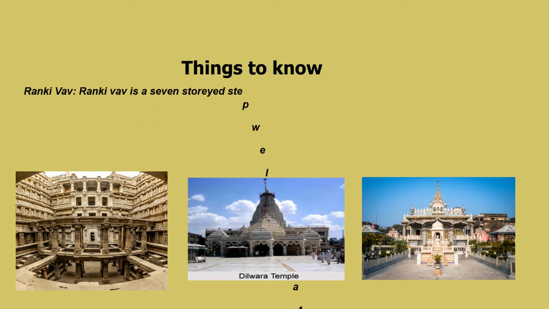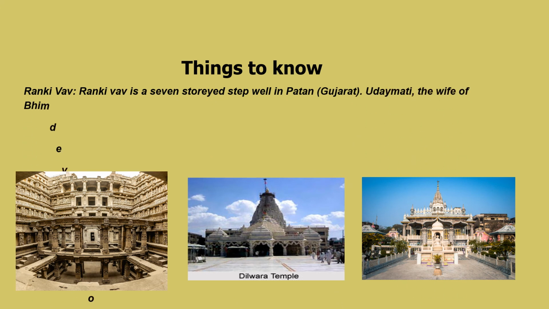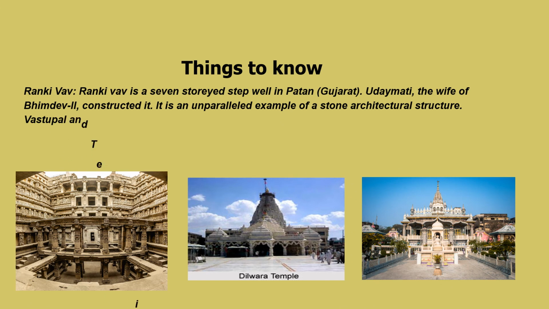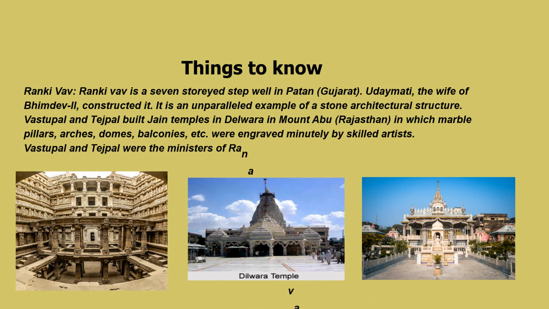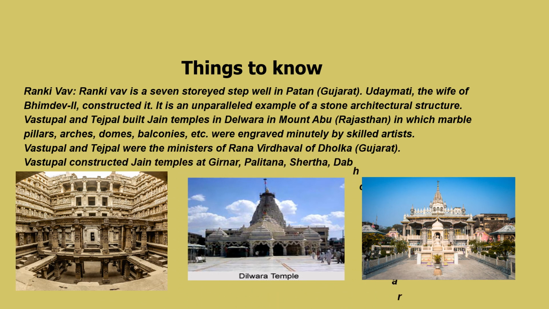Things to know. Ranki Vav. Ranki Vav is a seven storied stepwell in Patan, Gujarat. Udaymati, the wife of Bhimdev, constructed it. It is an unparalleled, meaning unique, example of a stone architectural structure. Children, you can see on the left hand side of your screen, I have put the picture